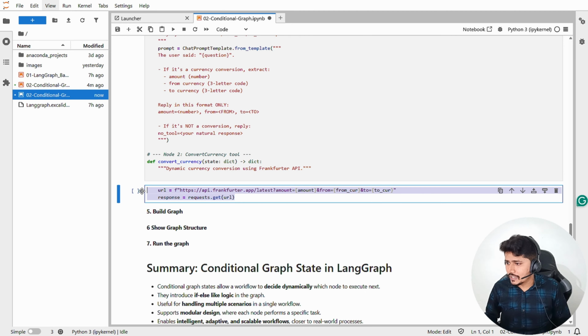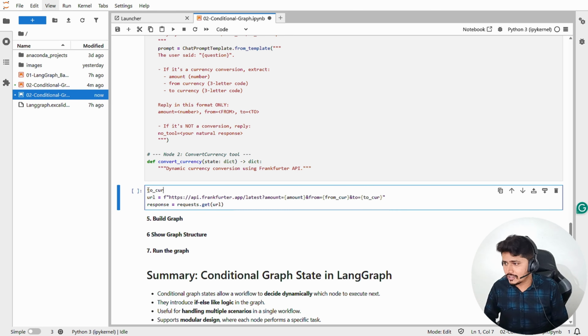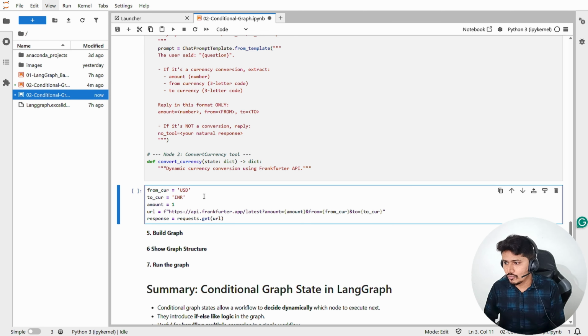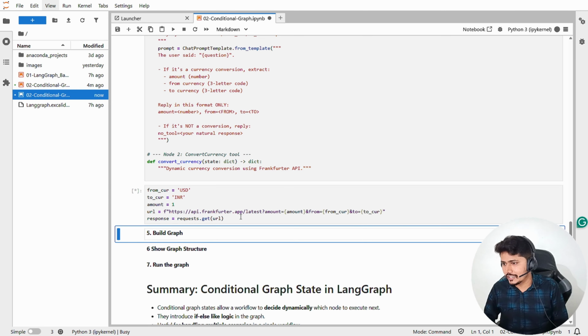So this is the website that we have, Frankfurter API, where we need to pass amount, from, and to. So let's define these three parameters first. Let's say to, we need to convert to INR. That's what we have defined. From, we need to define from USD, and then we have amount. Let's say amount is, for example, 1. We want to convert $1 from USD to INR, and let's see what exactly it is going to generate